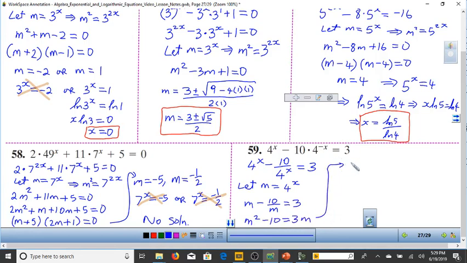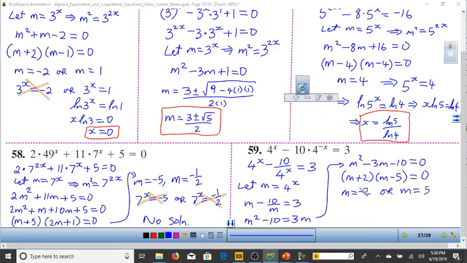And then solving that quadratic equation, I end up with m plus 2 times m minus 5 is equal to 0. So m is equal to negative 2, or m is equal to 5, in which case 4 to the x is equal to negative 2, or 4 to the x is equal to 5. And this part here is impossible. And just for the sake of space, I'll leave you to work out that x is equal to